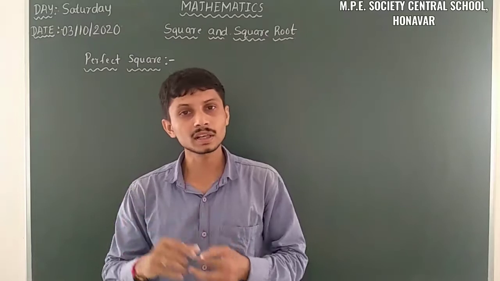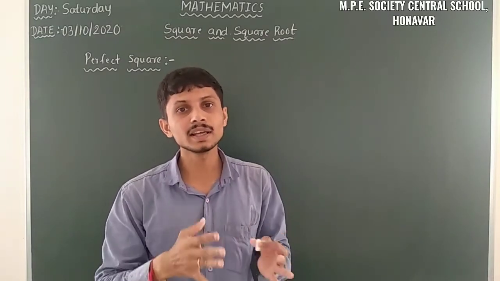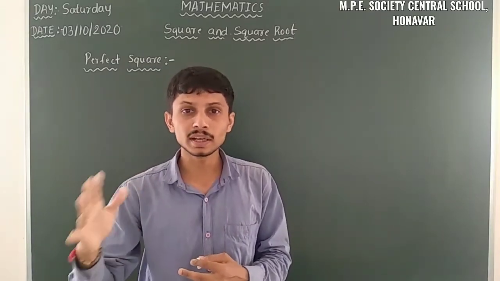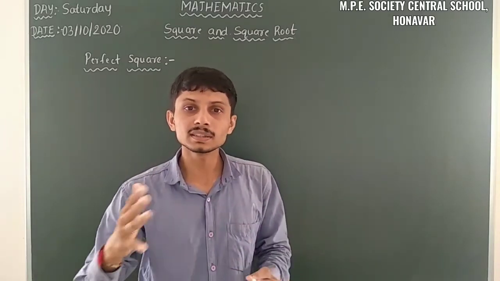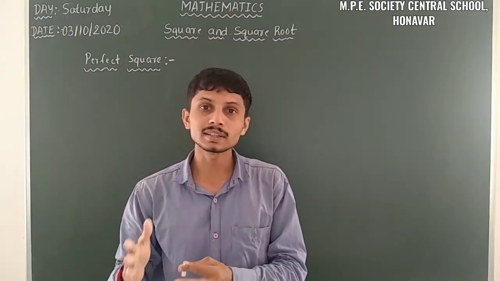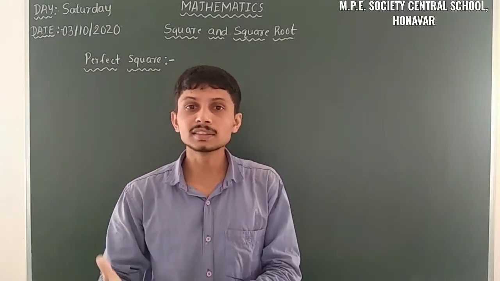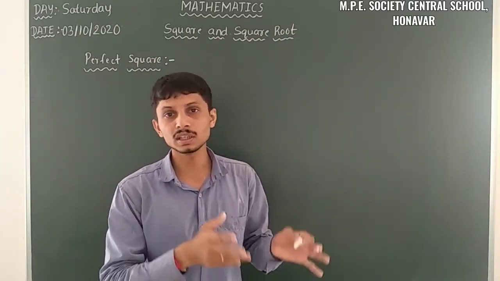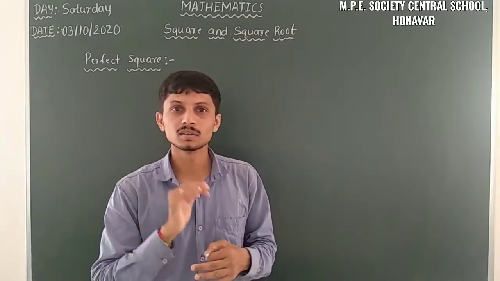So if a is any integer and b is equal to a into a, where b is the perfect square, we can also call it a square number. Here b is either 0 or a positive integer. There is no case of a negative integer. There are no numbers having a negative perfect square.